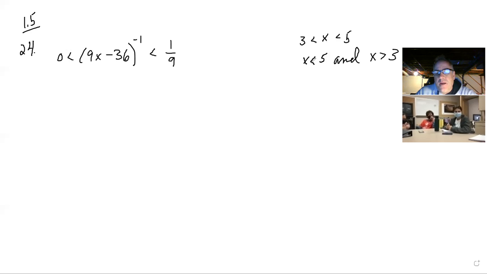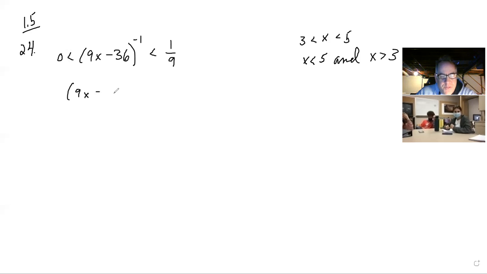So a lot of the double inequalities that you solved, you didn't have to break it up into the two inequalities joined by the word and. This one, we're going to have to break it up. So that's the start. So what do we have? We've got this